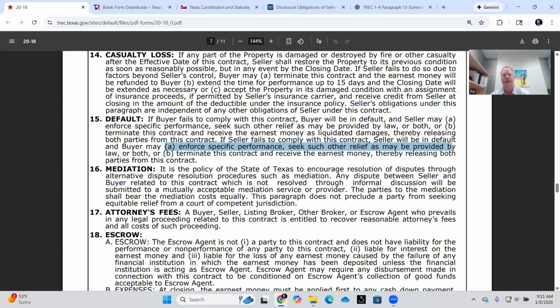Again, the buyer has sold their house, they're living in a hotel room, they had travel expenses, they could sue for all those things and mental anxiety or stress or anything like that. Now, what commonly happens is paragraph B, where the buyer will terminate the contract and receive the earnest money and release all parties from the contract. So if the seller's in default, that's typically what happens. In the residential world, we rarely see people sue each other. It's typically earnest money being released.